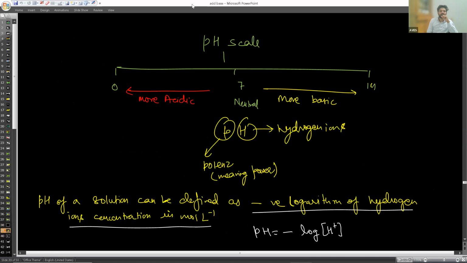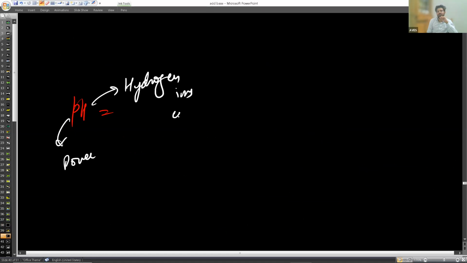So let me explain what pH is. pH simply means P stands for power and H stands for hydrogen ion concentration. So power of hydrogen ion concentration. So what we are saying here is that